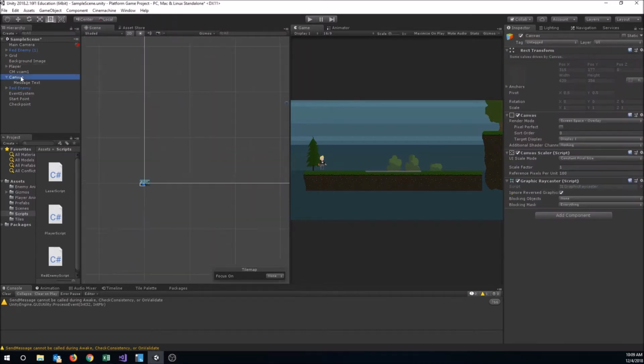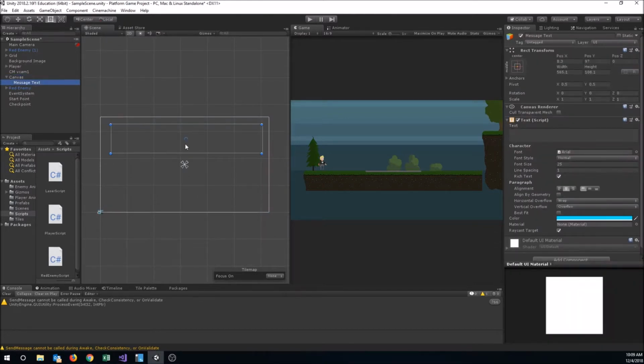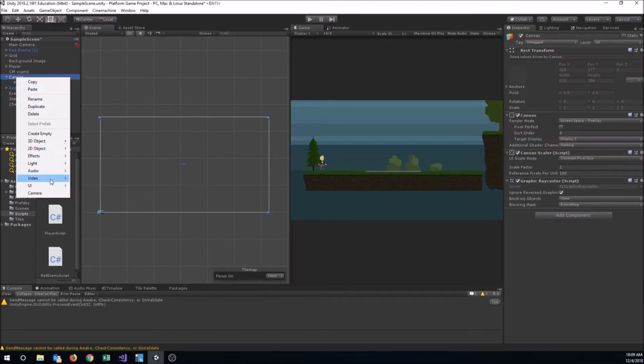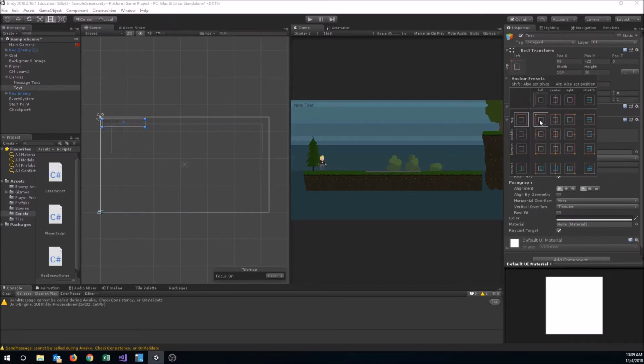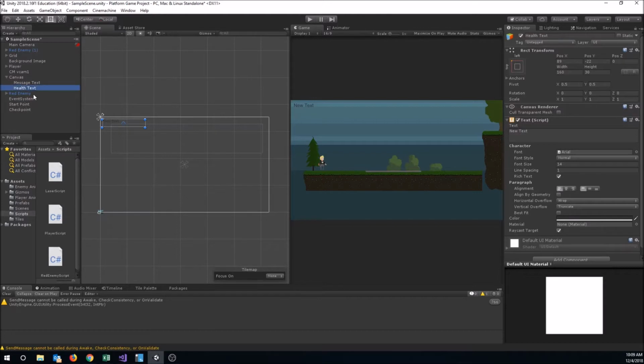So I'm going to double click my canvas here so I can zoom out onto it. And so far all we have is this message text box in here that we're sending a message to as needed. But what I want to do is have a way to show health on the screen. So I'm going to add another text box, so UI text. I'm going to go ahead and put that text up here in the top corner of the screen somewhere. Let's give that a top left anchor point, and then let's name this our health text, and then let's just have it put the word health in there,